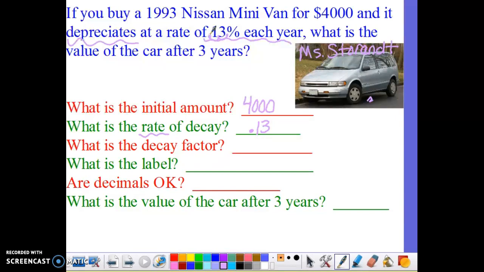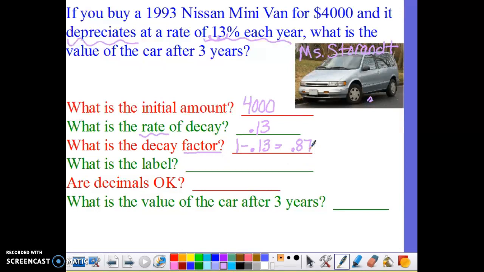What is the decay factor? Whenever we see factor, we're going to think, well, is it 1 plus my rate or 1 minus my rate? Well, since this is decay, and technically this is my B value, I have to do 1 minus my rate because I know that my B value has to be less than 1 for it to be decay. So when I subtract, I get 0.87